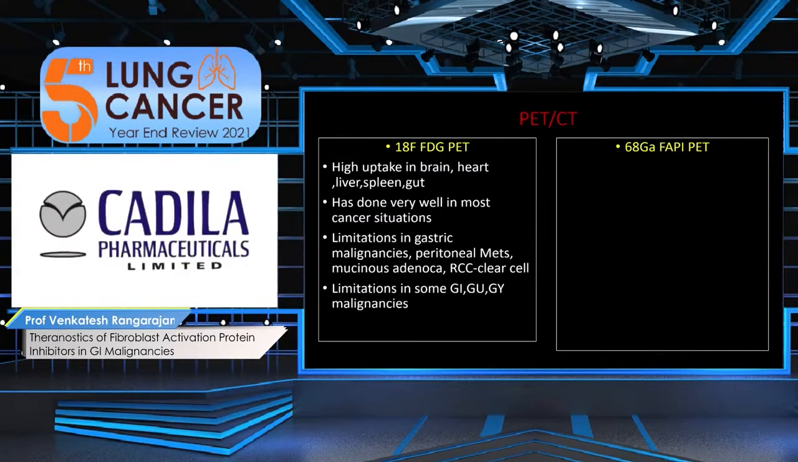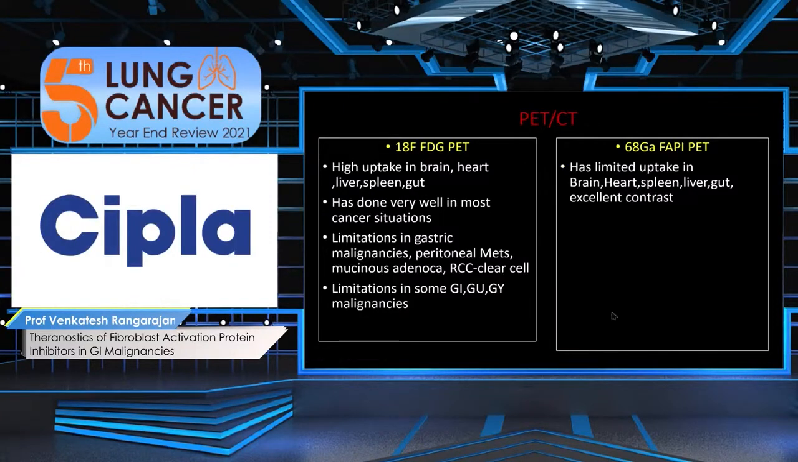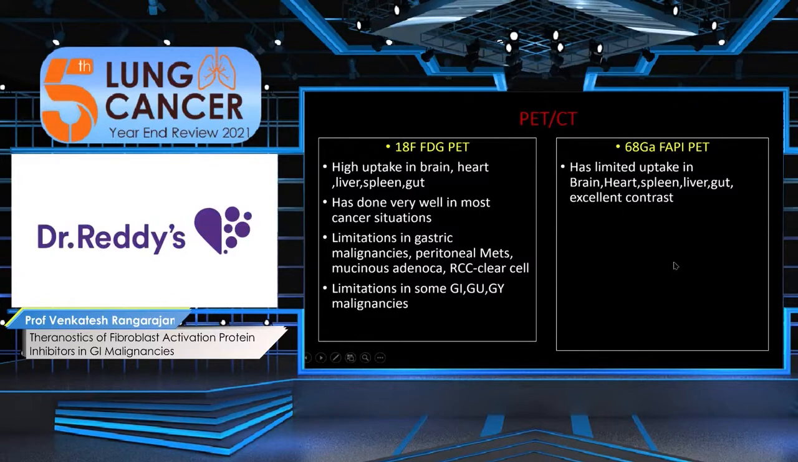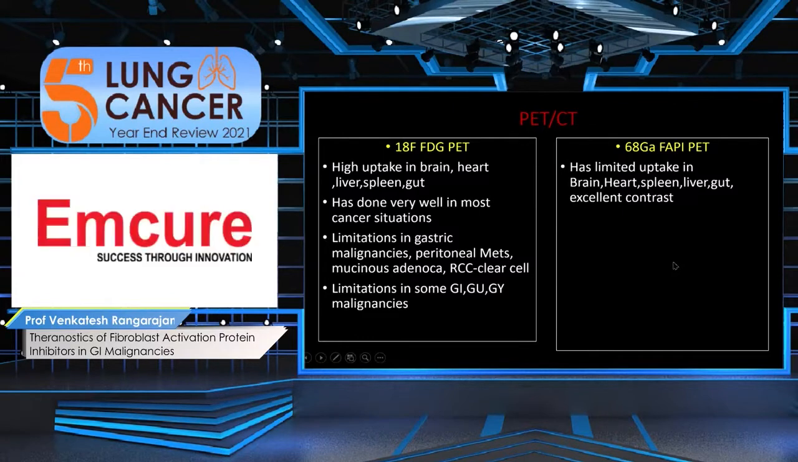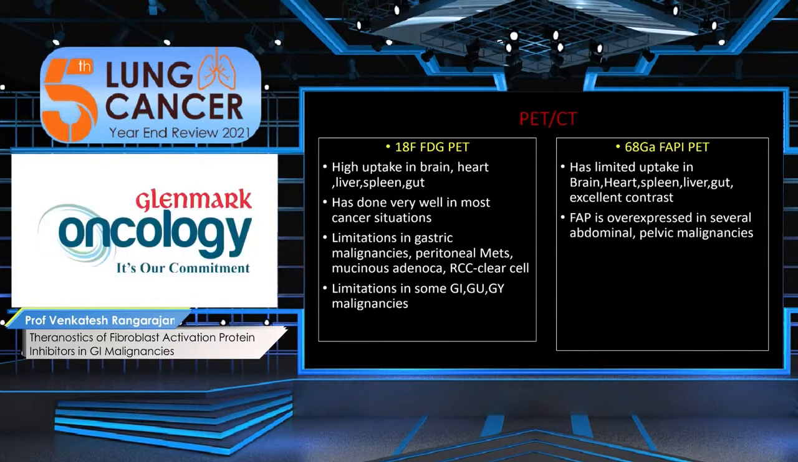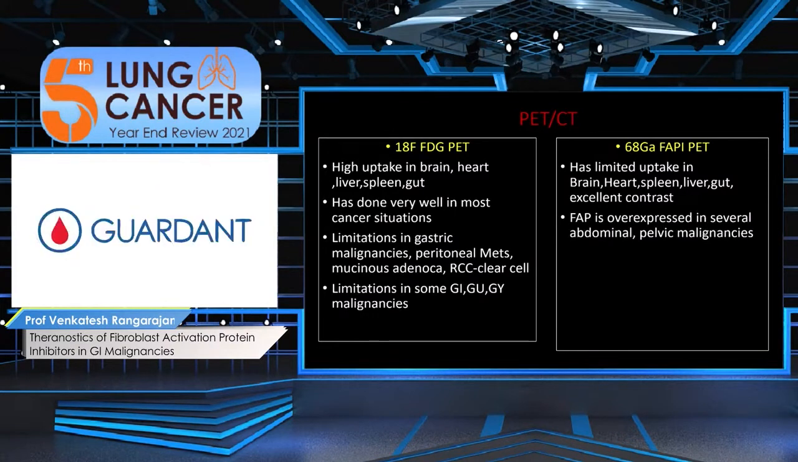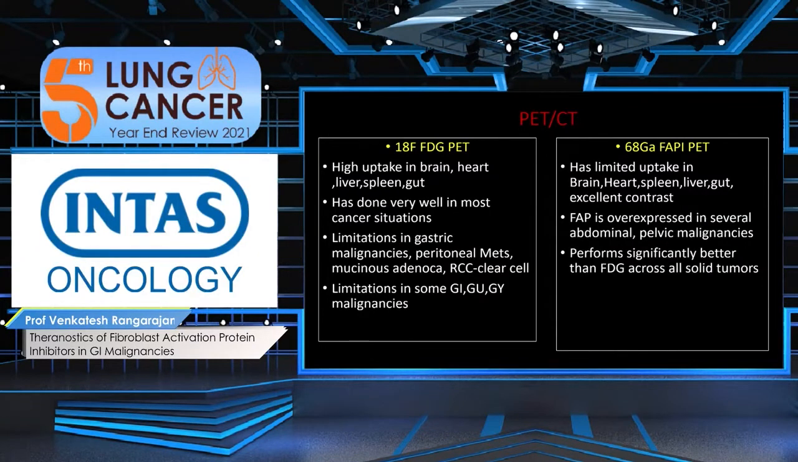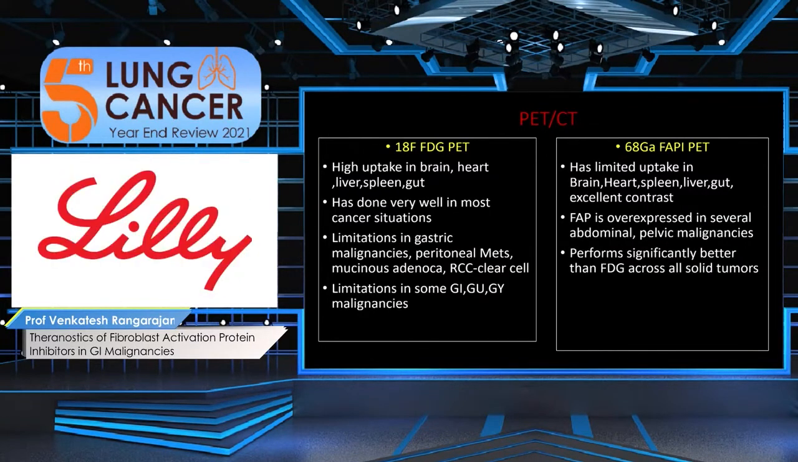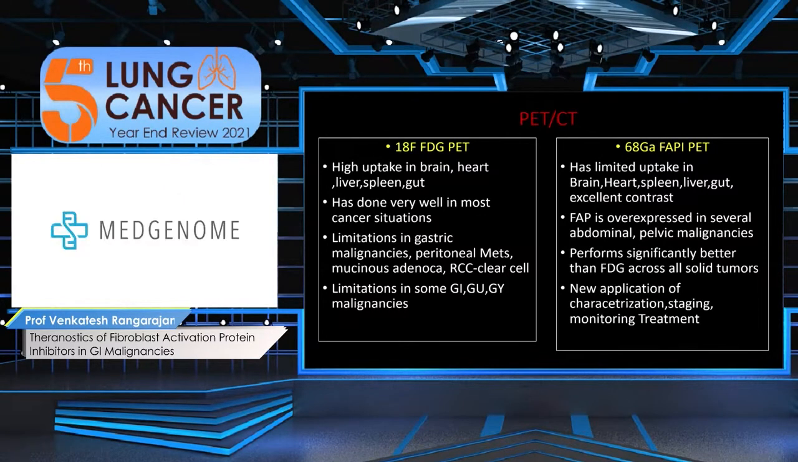But when we take the new agent, the gallium FAPI PET, it has very limited uptake in brain, heart, spleen, liver, gut. So there is a modified biodistribution compared to that of FDG PET, and that gives excellent inbuilt contrast. FAP is overexpressed in several abdominal and pelvic malignancies. It performs slightly better than FDG across all solid tumors, and therefore it has new applications of characterization, staging, monitoring